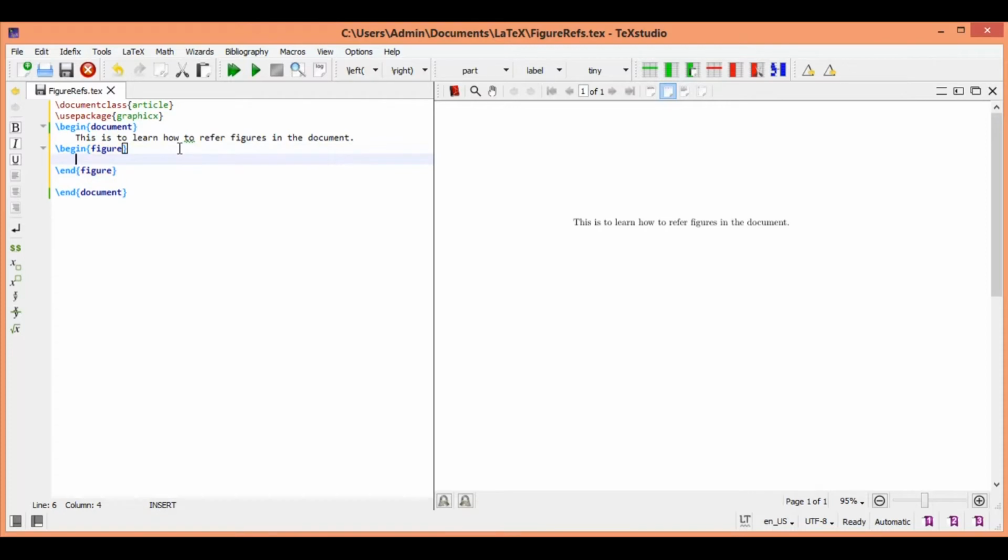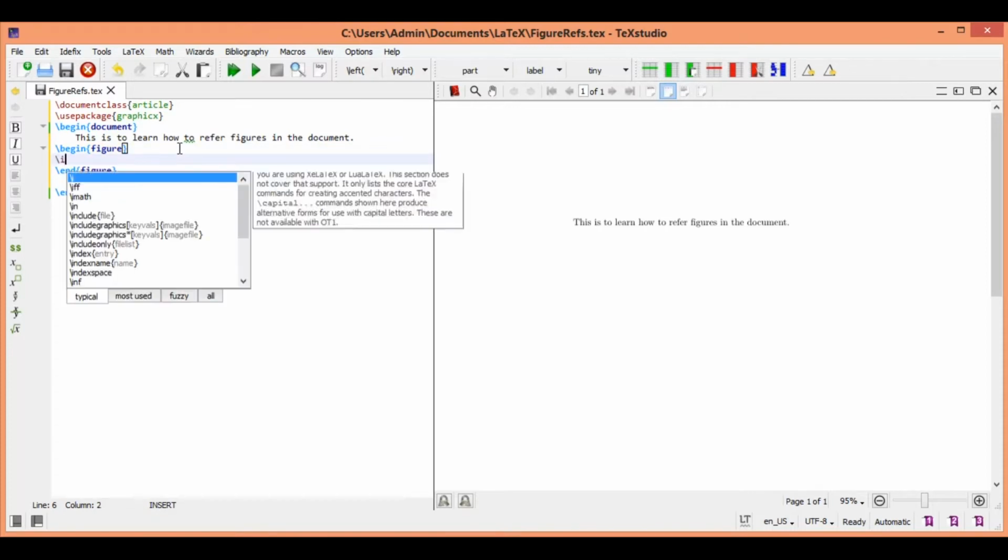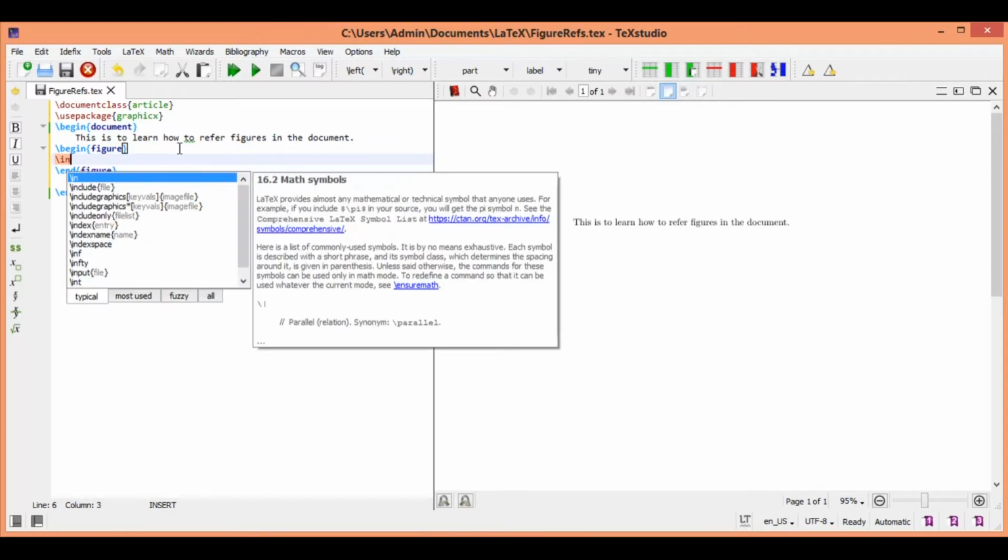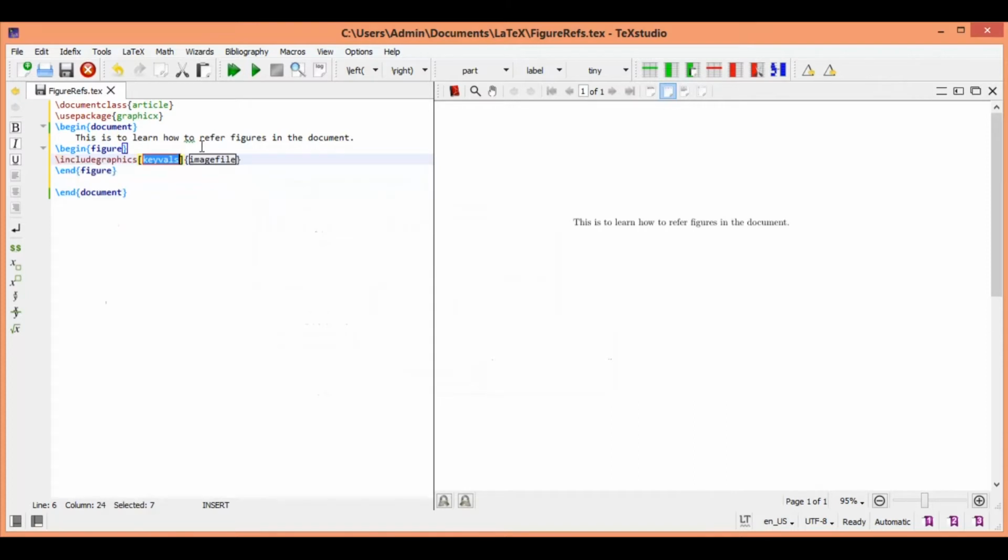Now let us include the figure in the section. So it's going to be include graphics. I'm not going to talk about any scales, so I'm not worried about the key vals, only the image names. So in this case, let me call the first one img.jpg. Okay, now I'm going to insert, as I said, another figure. So in this case, it's going to be img2. This is going to be img1.